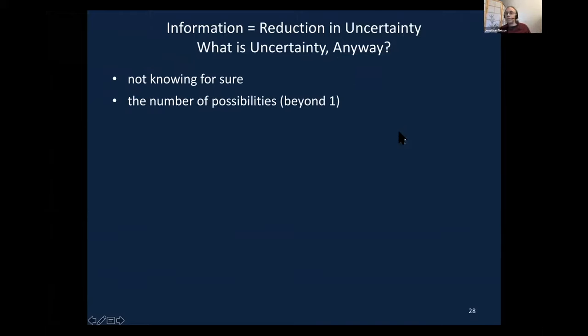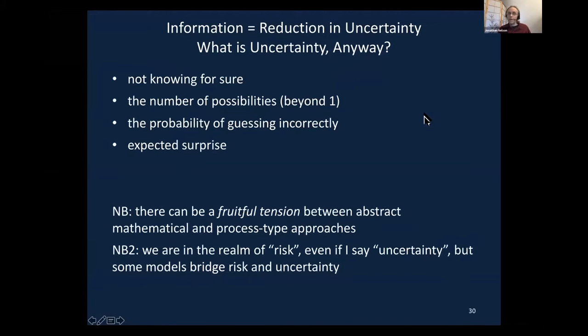Another would be, say, just count up the possibilities. And that feels very heuristic to me, actually, both of those ideas. Another one would be, well, what's the probability of guessing incorrectly? That feels a little bit less so, but still kind of heuristic-y to me. And another idea is that uncertainty is expected surprise. So if we get back to the faces, that would be like if you could just ask God, some oracle, what face is it? And you'd get the correct answer with no noise in the transmission or your perception of it. How surprising on average would it be to you to get the true answer?